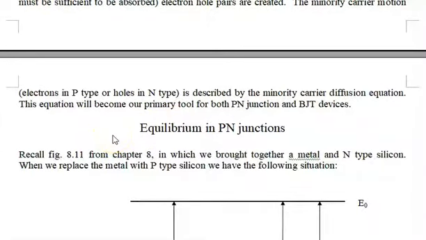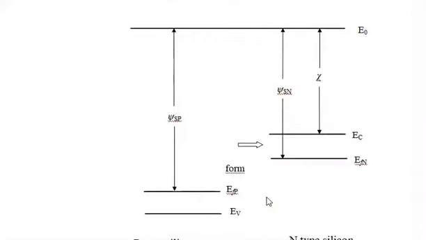Okay, so let's take a look at the energy band diagram for the p-n junction. And here it sits, and we see that there are two work functions, one for N-type silicon and one for P-type silicon. The work function for P-type silicon is greater than the work function for N-type silicon, and that looks exactly like the Schottky barrier. So if you're having a feeling of déjà vu all over again, well, this is the Schottky barrier.